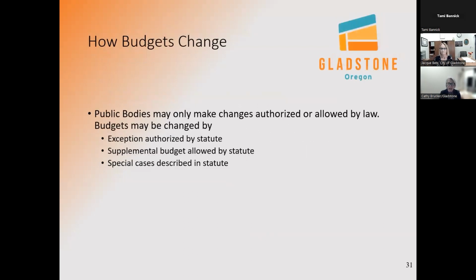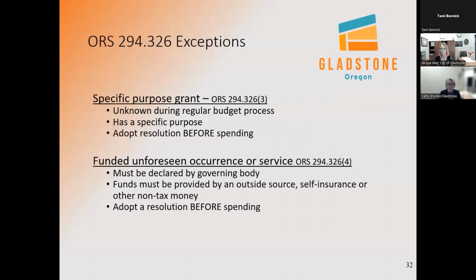In order to change an adopted budget, specific guidelines must be followed. All changes to the budget must be approved by council. It can happen when supplemental budgets need to be taken care of, special cases that come up, and exceptions that are authorized by statute. Next slide. For example, on some of these,